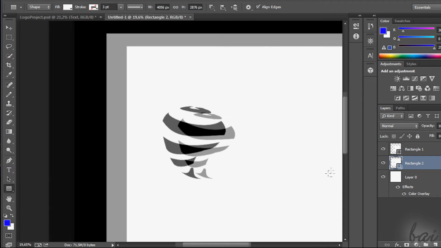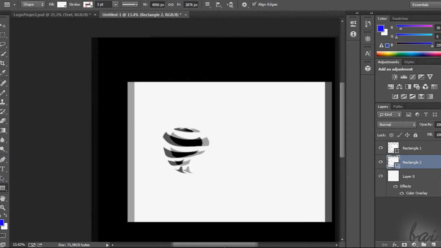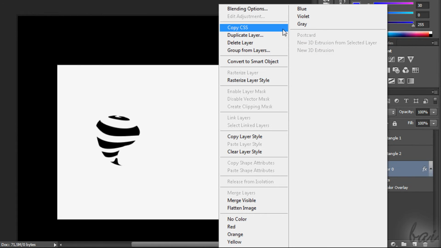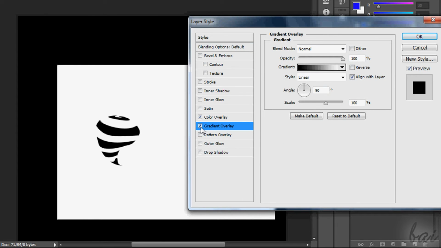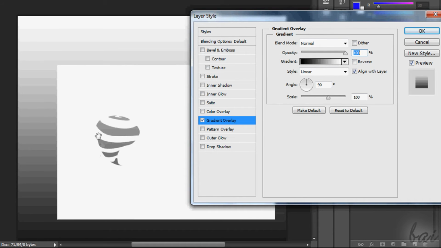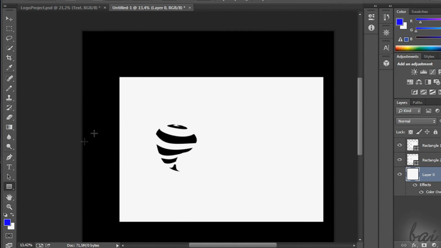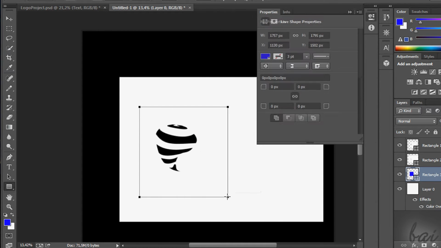However, if we want a fire tornado, we can't use just a black color for the strips. We need to add a gradient to them that has the colors of fire. We can't use the black layer since it's too big and the gradient will be smoothed, not controllable very well. So simply add a new rectangle that has the same size as our basic logo.